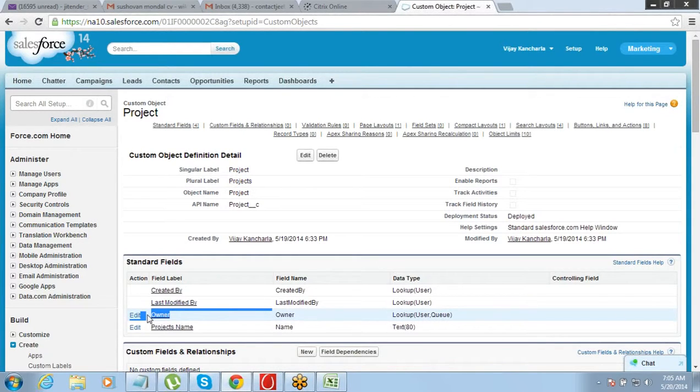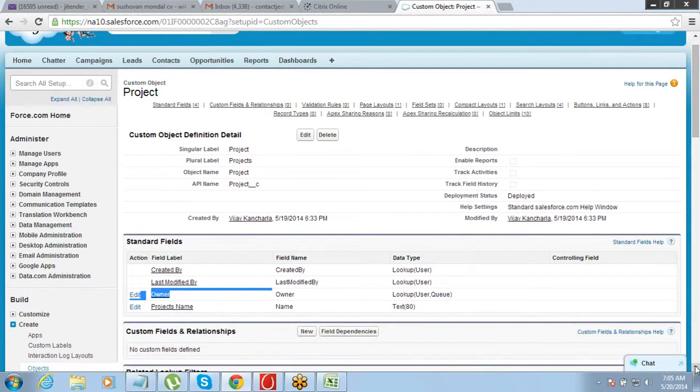So that is the reason why these 4 fields are called standard fields, because these are something that Salesforce created. You cannot delete these fields. These fields will be there. So any object that you create by default comes with 4 fields. In addition to that, whatever fields you need, you will have to create them under the custom fields.